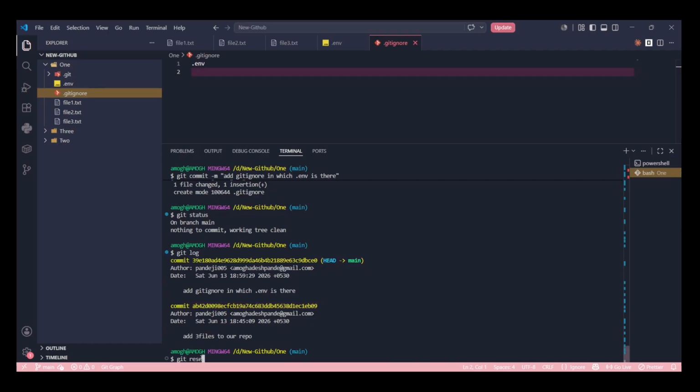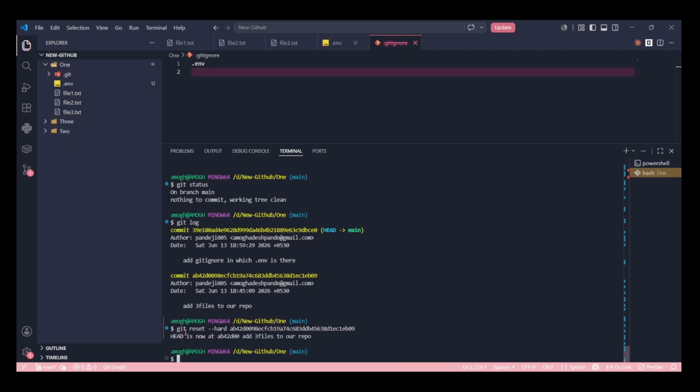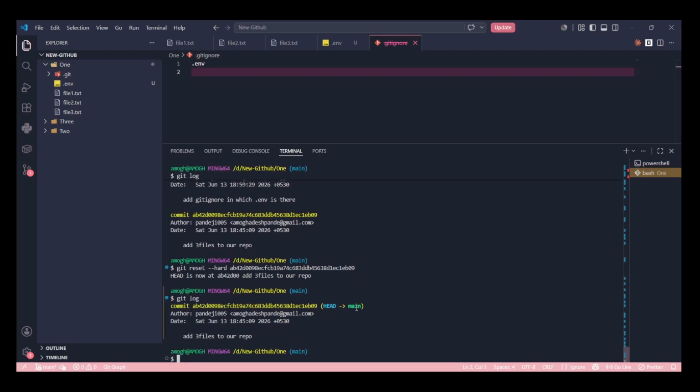I'll say git reset --hard, and I'll paste the hash code. And what is this? Head is now at this. See, this is the hash ab2. Head is now at this commit. Okay, is it clear? Now if I say git log again, it only shows one commit.